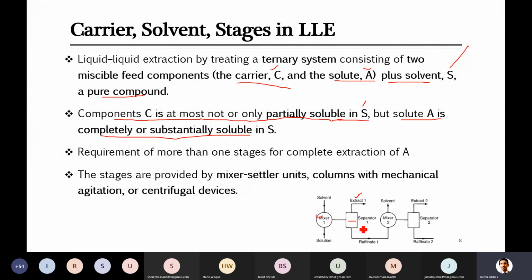And then when they are settled into two separate phases, one is extract, other raffinate, we will just take them to the next stages. As you know, this feed, if it is recovered, you can use it in the next process, while the extract, because it contains some part of the feed in the solvent, and if we have to recycle the solvent, you will take it to those other separate equipments.